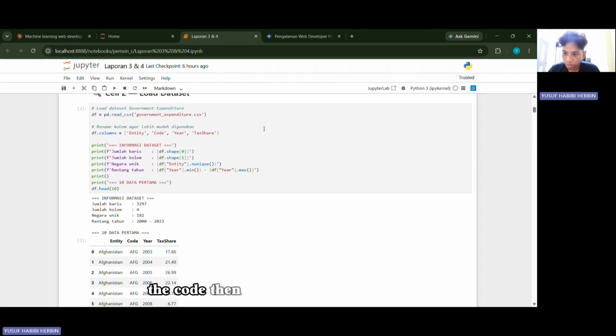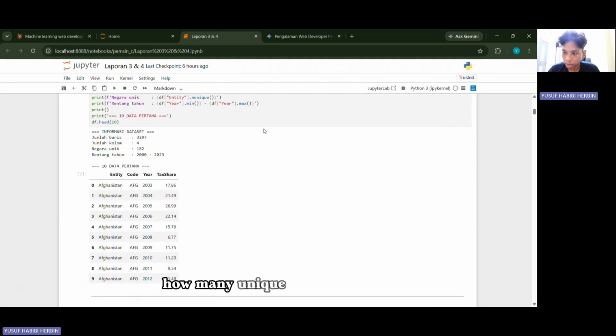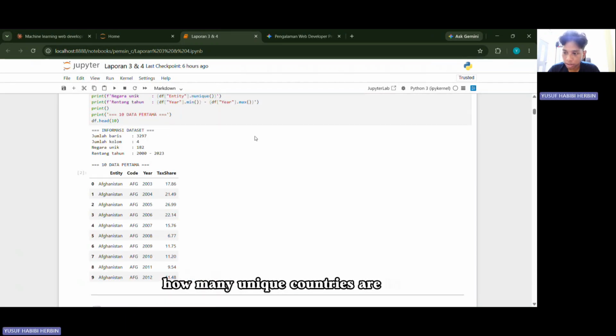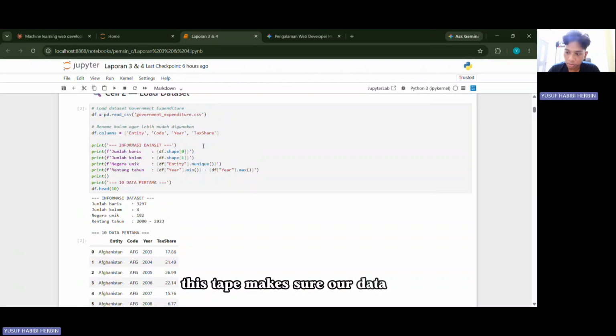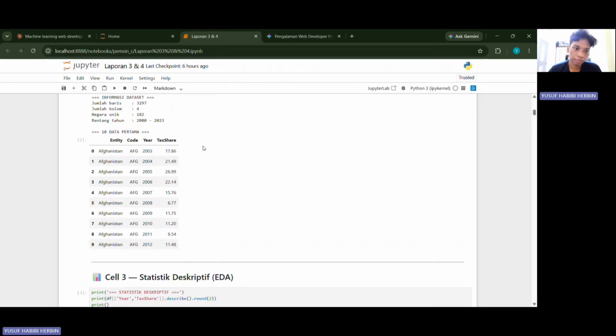The code then prints useful info: how many rows and columns we have, how many unique countries are in the data, what years are covered, and the first few rows using head. This step makes sure our data was read correctly before we do anything else.